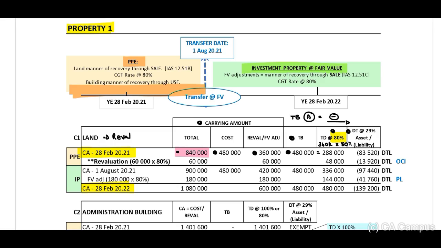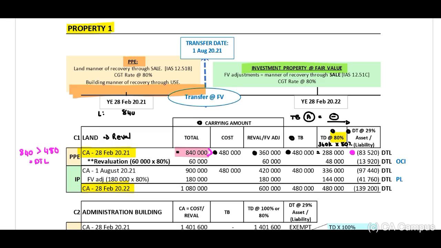The carrying amount of your asset exceeds the tax base. Look at this, look at the left side. 840,000 is greater than 480,000. Therefore, this will be a deferred tax liability of 83,520. Right. Now, if you look at our timeline, at the end of 28 February 2021, we have land valued